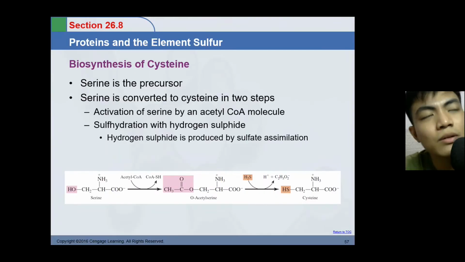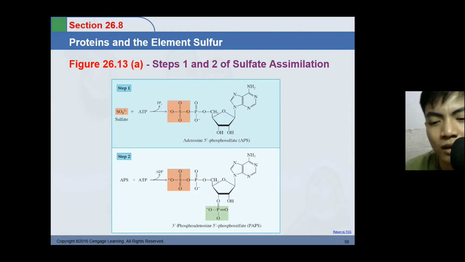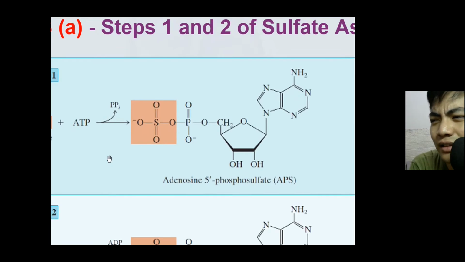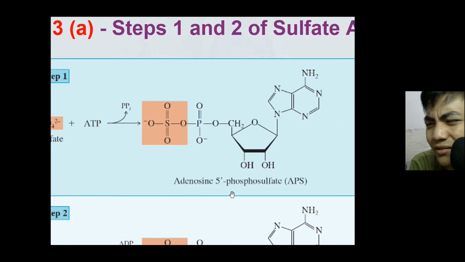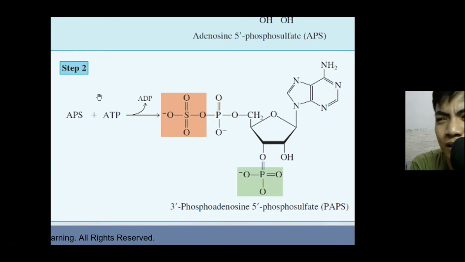So how about the sulfates? Some of our food has sulfate, no? So the sulfate can be used and incorporated into our biomolecules. Say you ate products with a lot of sulfate, what will happen? It can get incorporated in two steps. Step one is that your sulfate will get activated and you will produce adenosine 5' phosphosulfate, or the APS. And that APS will be phosphorylated again to produce